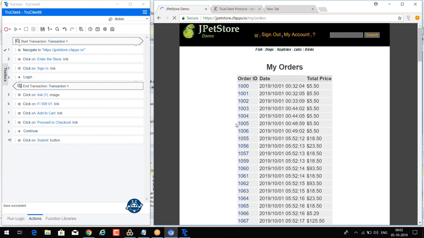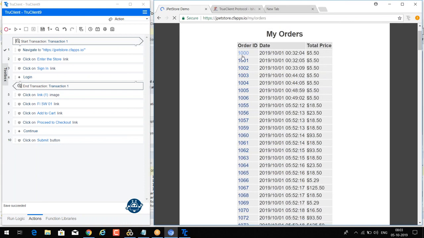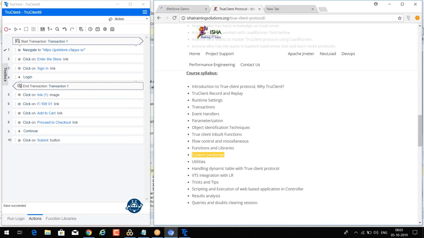Now I want to click on any random order ID, say 1060. If I want to click on any one of these values from this order ID, then in that case we have to learn dynamic table handling. So we have to learn this one.